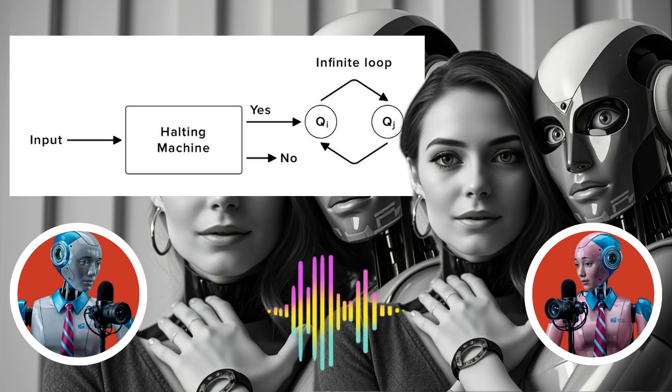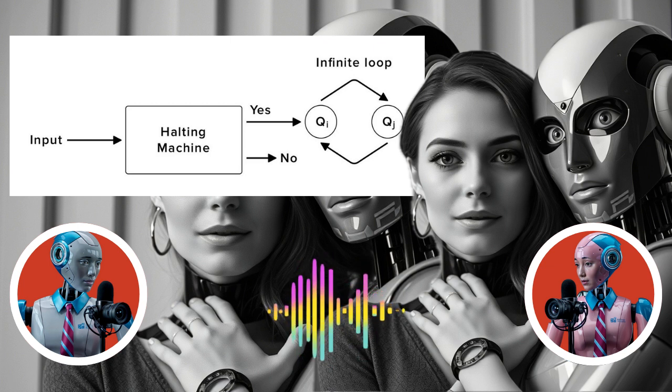So that must be a real headache for people who write compilers. How do they actually deal with that limitation? Well, they have to get pretty clever. Instead of trying to solve the halting problem directly, they use these things called heuristics. Heuristics? Yeah, they're basically rules of thumb that help them identify likely infinite loops. They also use static analysis, which means analyzing code without actually running it to try and catch potential problems. So it's like they're making the most educated guesses they can, since they can never be absolutely sure. That's a good way to put it. It's this constant balancing act between optimizing the code as much as possible and the risk of introducing some kind of error. Okay, so compilers have to work around the halting problem.